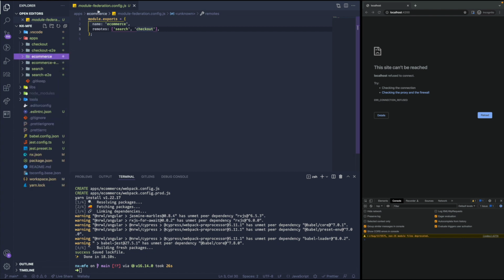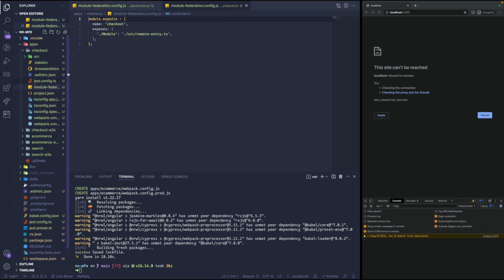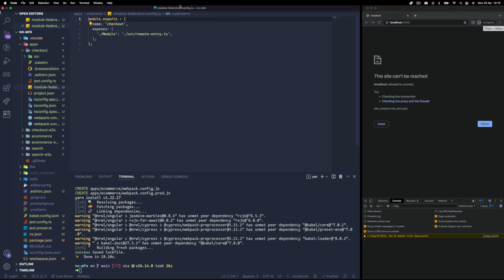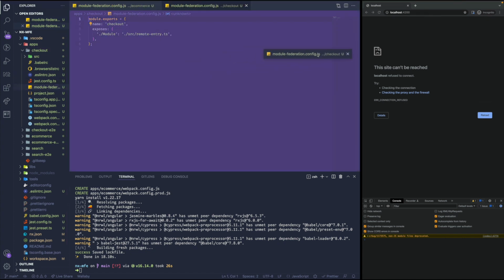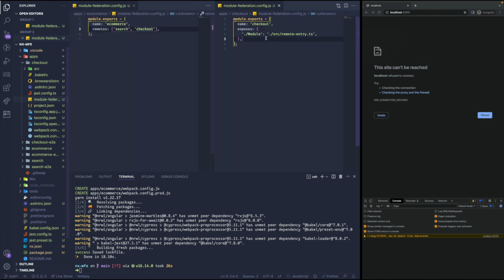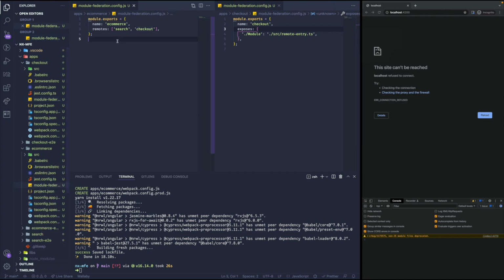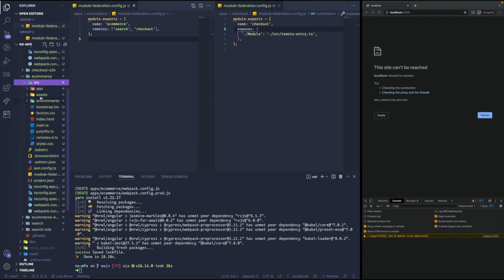Now, if we take a look at how this host application's module federation config file might differ from our remote applications, we can see that instead of specifying remotes, this remote application only specifies what files it actually exposes. And these exposed files are what can be consumed by the host application. If we take a look at the host application's source,